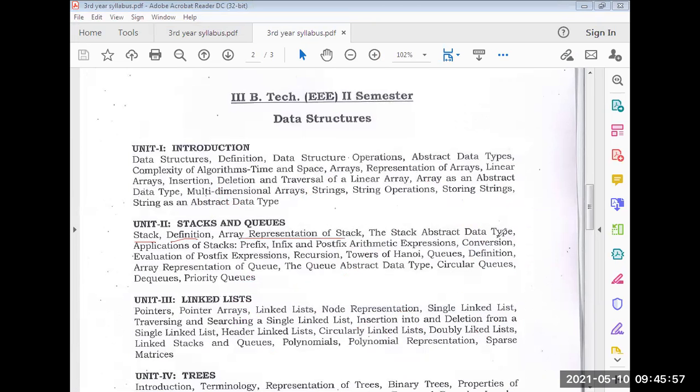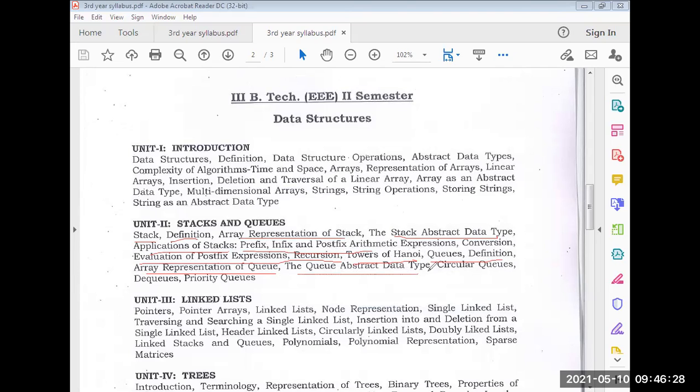Today we discussed stack as ADT and applications of stack. We already discussed prefix, infix, and postfix, then conversions and evaluations. Recursion we also discussed, and the Towers of Hanoi problem example. Then queue definition I have discussed, and the representation of queue we already discussed.